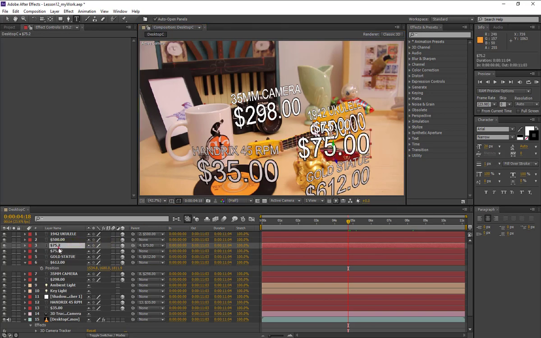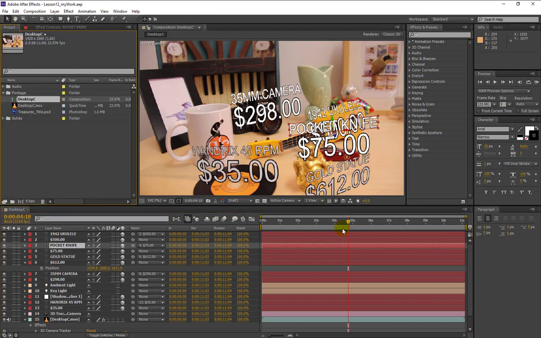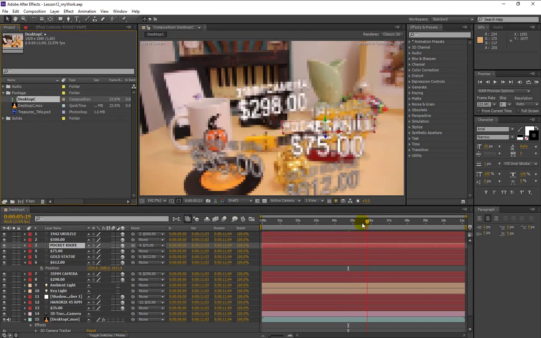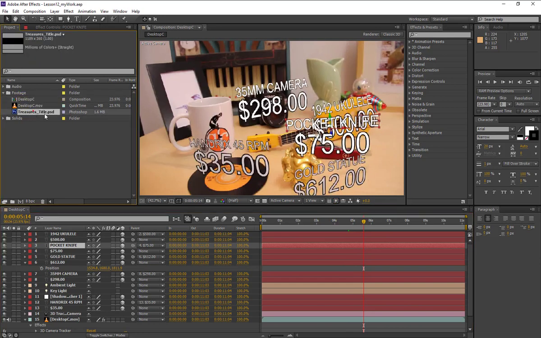Control Z to undo, and then we select the label layer and we write pocket knife. Control S. And then now we add the